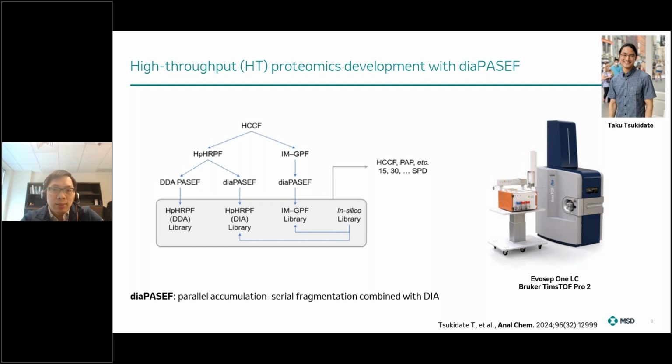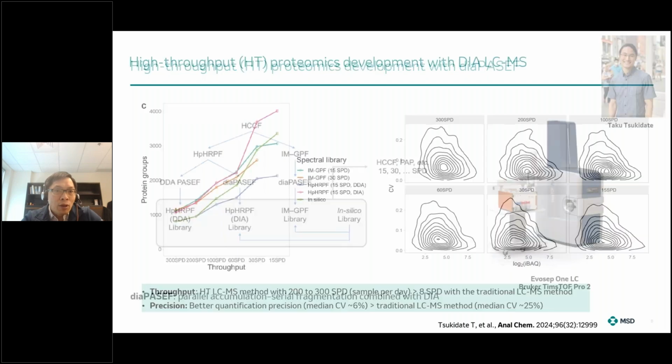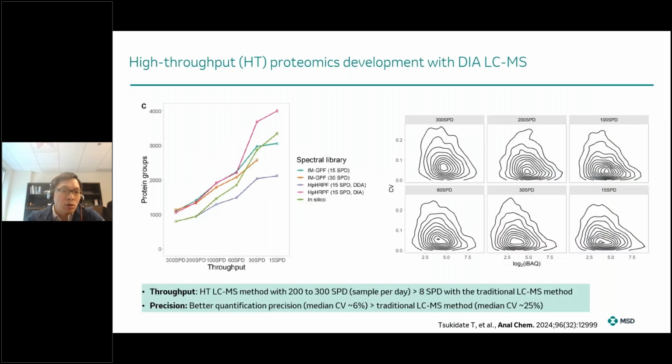So in this specific case study, Taku has been evaluating different approaches to build the DIA library for host cell protein identification. On the throughput side, right? Taku evaluated different sample injection rates from 50 samples per day to 300 samples per day. Essentially, we found that by leveraging 200 to 300 samples per day,